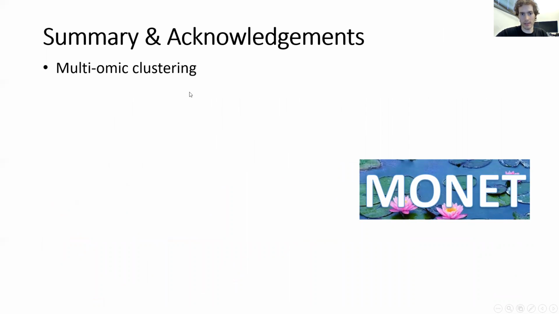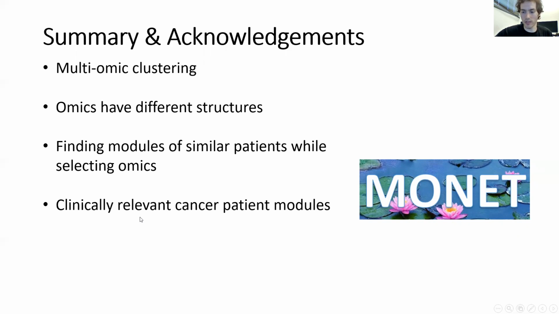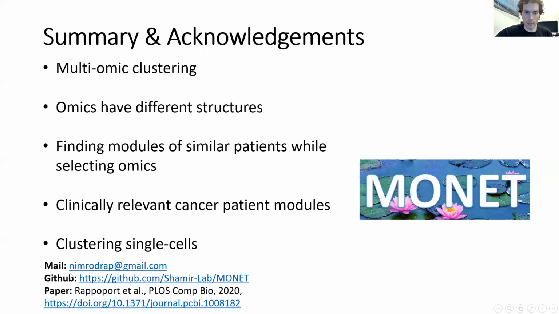So to summarize, we developed MONET, which is an algorithm for multi-omics clustering, and it uses the observation that different omics have different structures. The output of MONET is made of modules in which patients are only similar in a subset of the omics. The modules that MONET finds have clinical relevance in cancer, and it can also be used to cluster single cells. You can use MONET, it's available on GitHub, and it was published last year in PLOS CompBio, so you can